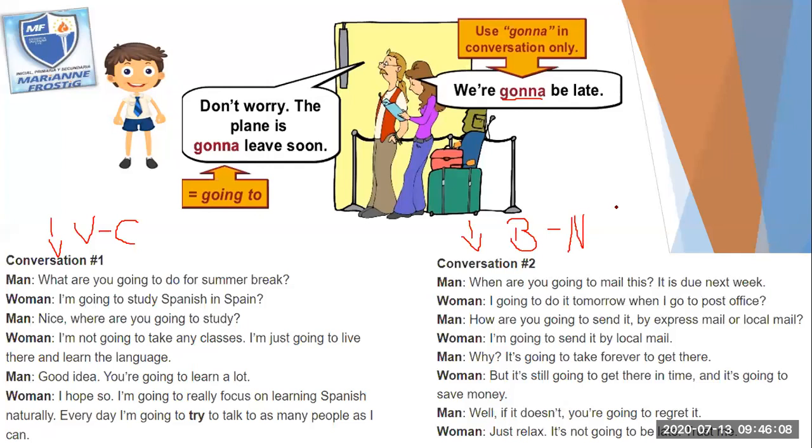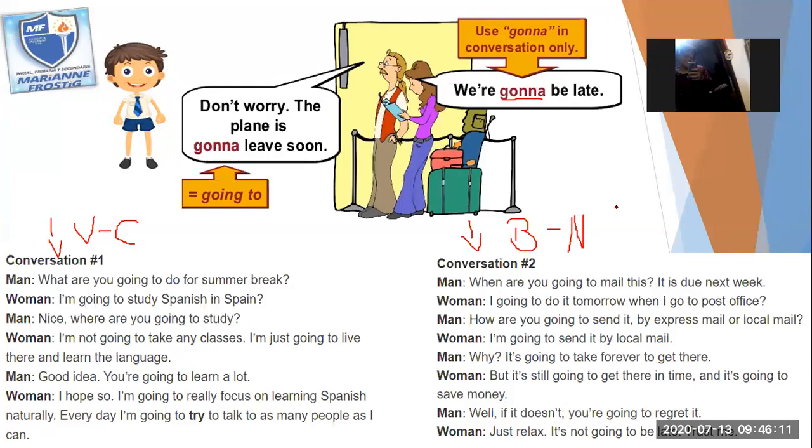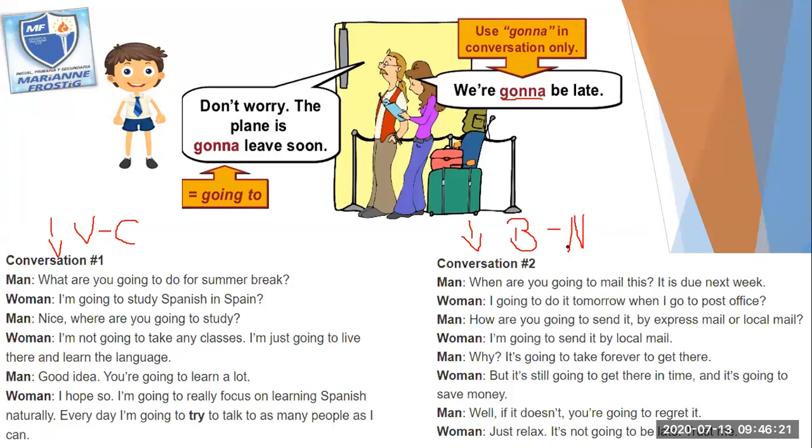In conversation number 2. Okay, conversation number 1, Valerie and Carolina. Conversation number 2, Bruno and Naomi, okay? We are going to practice this, but using gonna, going to, okay? Gonna. Let's look, it's a versus. Valerie and Carolina versus Bruno and Naomi, okay? So, 1, 2, and 3. Valerie and Carolina, you can start, please.